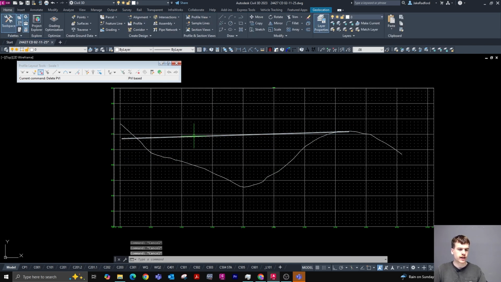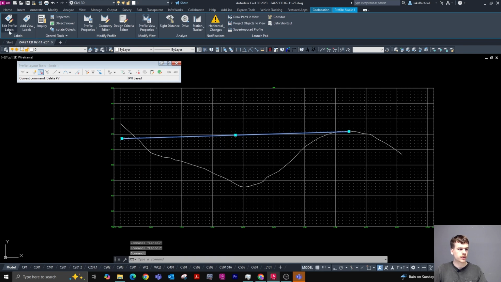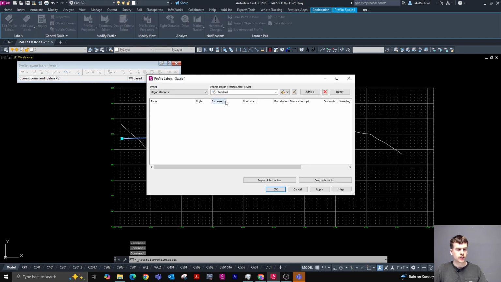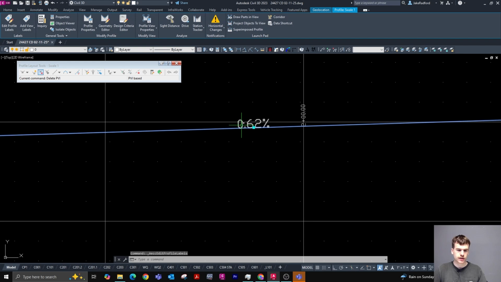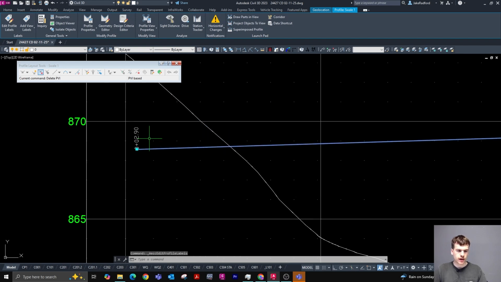So we're going to go ahead and add labels to this profile. We'll select it, and then we'll hit Edit Profile Labels. Right, we'll add a standard label style for the major stations, and we'll add a standard label style for the lines, and then we'll hit Apply OK. This is going to tell us the slope of our line. So we're going to want about a